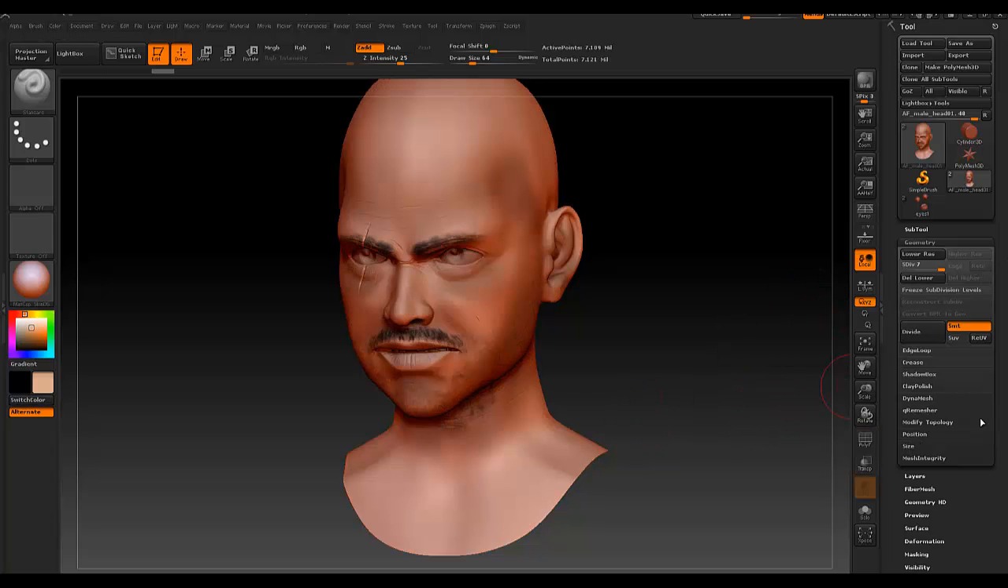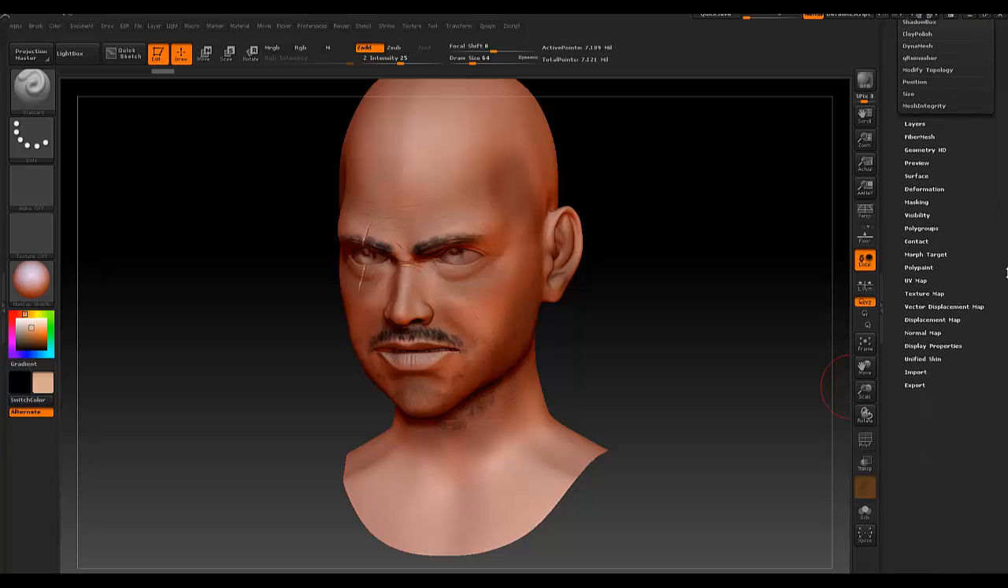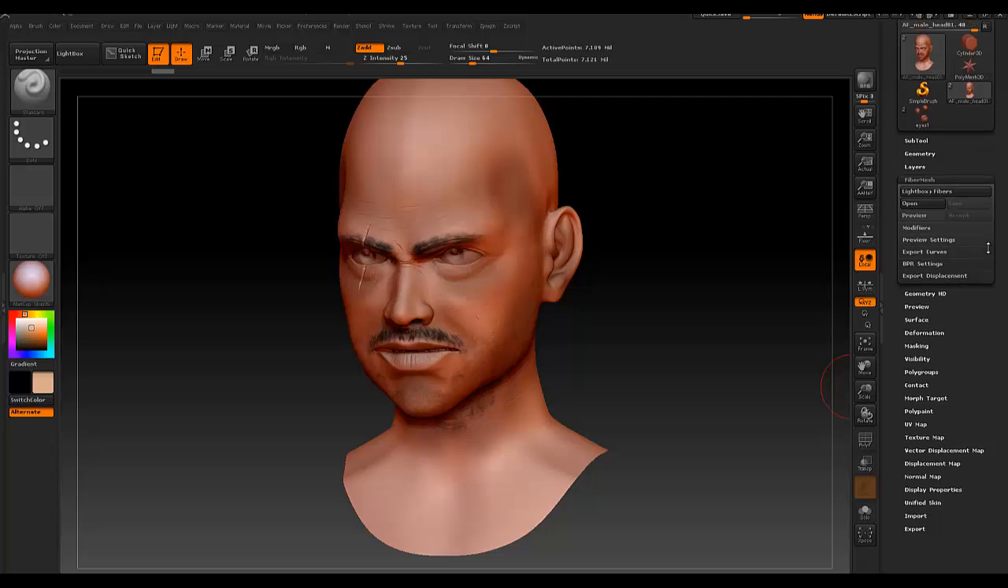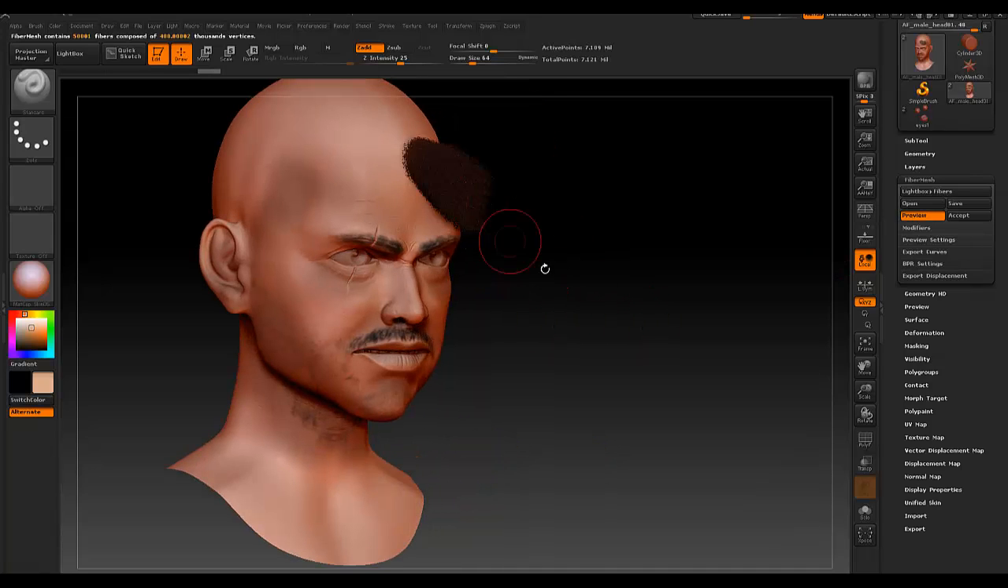As well as, if they have other menus here, fiber mesh, which is used for hair. You know, you can play around with it. Basic use for fiber mesh is if you hold the control button down and use the left click, you can draw a masked area, and if you click preview under the fiber mesh, it will generate pretty much hair for